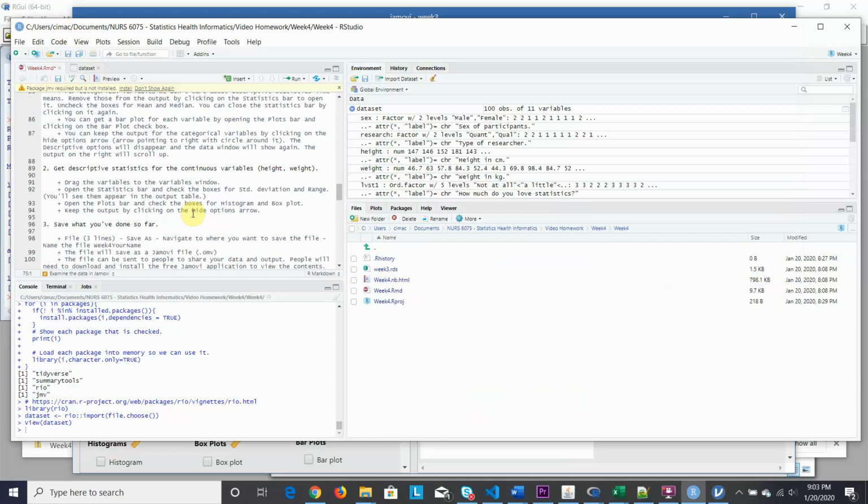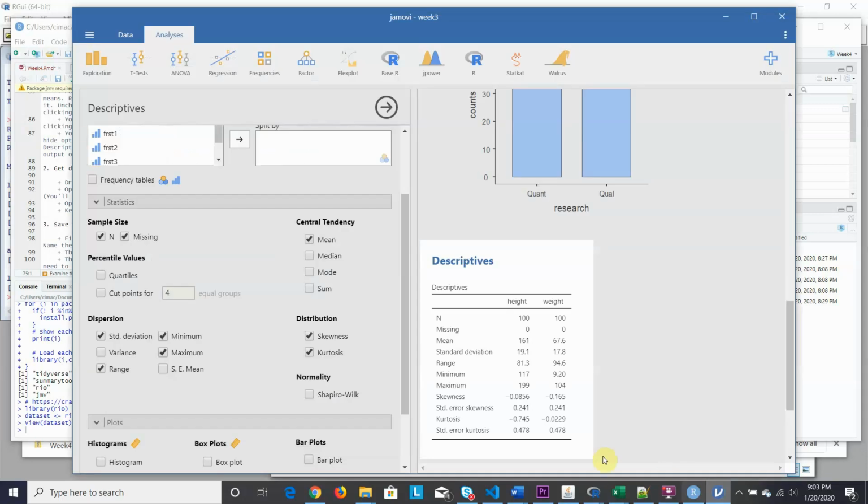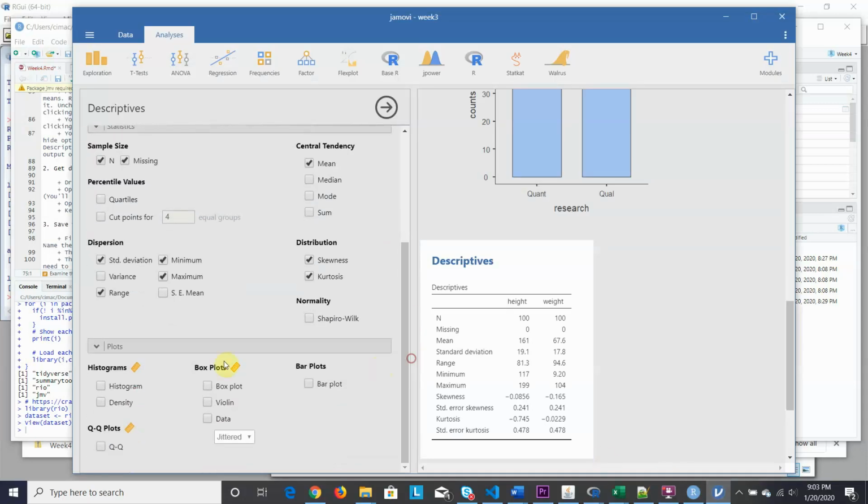I bet we want a graph next. Okay, so this is continuous, so we're going to get a histogram and a box plot. So we'll go ahead and go down to the plots, which is open. We'll get the histogram,